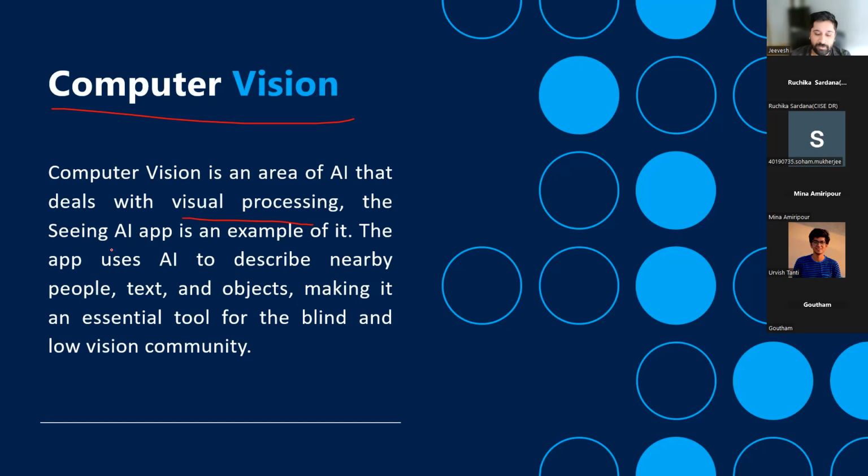So let's say I have a friend called Sam, and this Seeing AI app knows that this is Sam because I've already added that information in the app. It'll tell me, hey, Sam is around. Sam is wearing so and so clothes. This is what the person is doing. So you could interact with it, and this is a very, very good initiative.